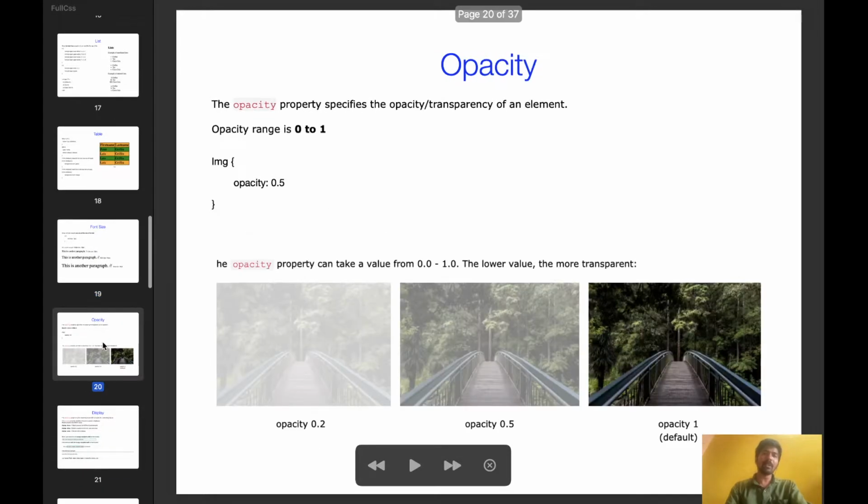Okay, next one, opacity. You can apply opacity like this, opacity colon 0.5. The range is 0 to 1, so you should give only a value in between 0 and 1. If you give 2, 3 like that, it will not reflect, that CSS will not apply. Here you can see the difference. Opacity 0.2 means like this it will come, 0.5 means this one, 1 means maximum, so there will be no effect. Opacity means some blurriness will be added.